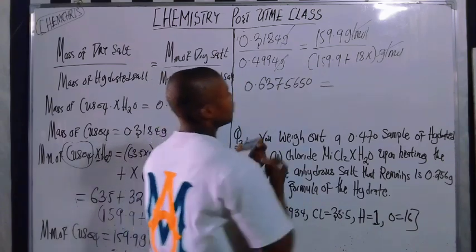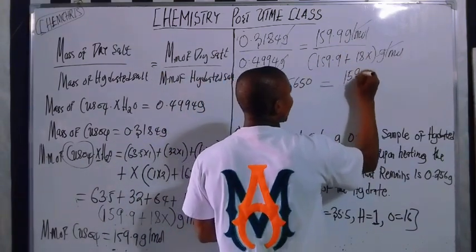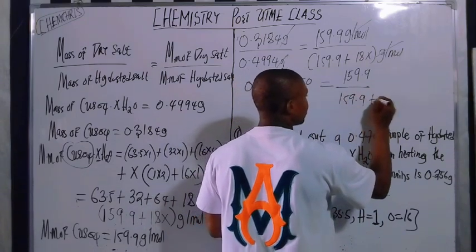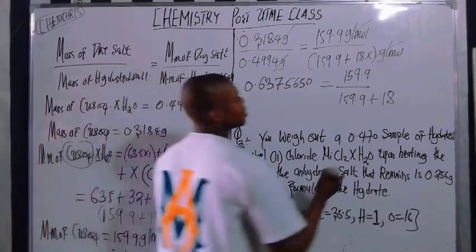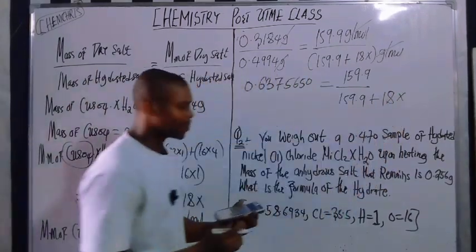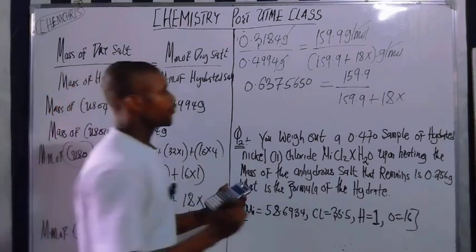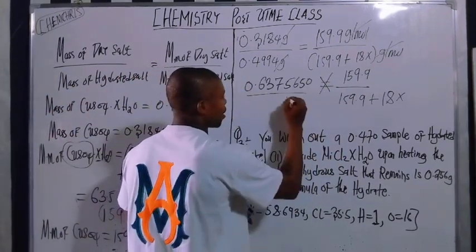Now let's remember this one is out here. It's going to be 159.9 over 159.9 plus 18. Can you see that? So the idea here is to make S the subject of formula. That is the idea. Make S the subject of formula. So if you cross multiply here, you remember here is 1, right? So it will be